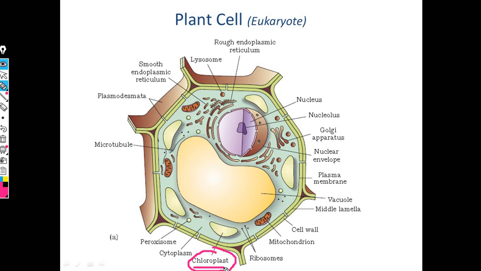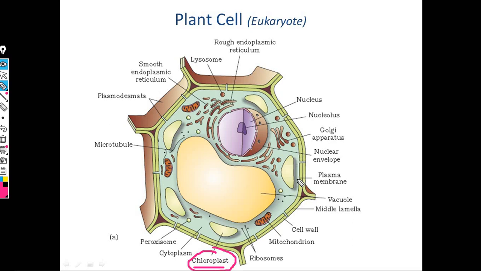So plastids are the structures in a plant cell which have various pigments. And if the green pigment, that is chlorophyll, is there, then that plastid is referred to as a chloroplast. You know that chloroplasts are important for photosynthesis. So these are structures which are present in the plant cell but absent in animals. Similarly, you can see that the cell membrane is there.